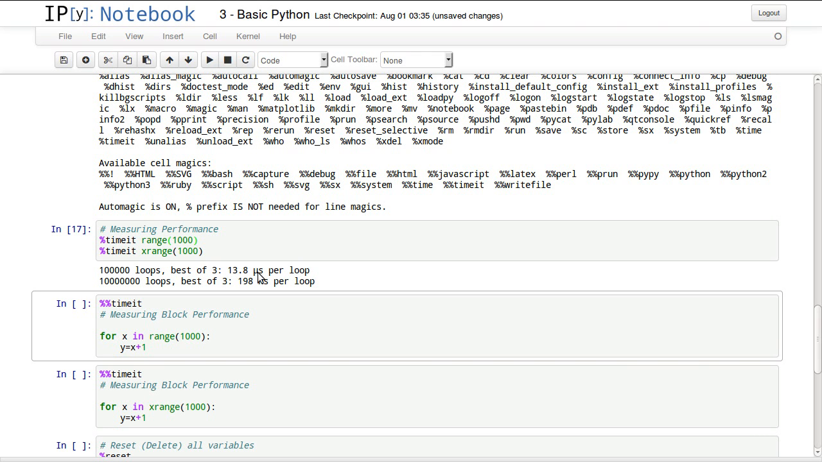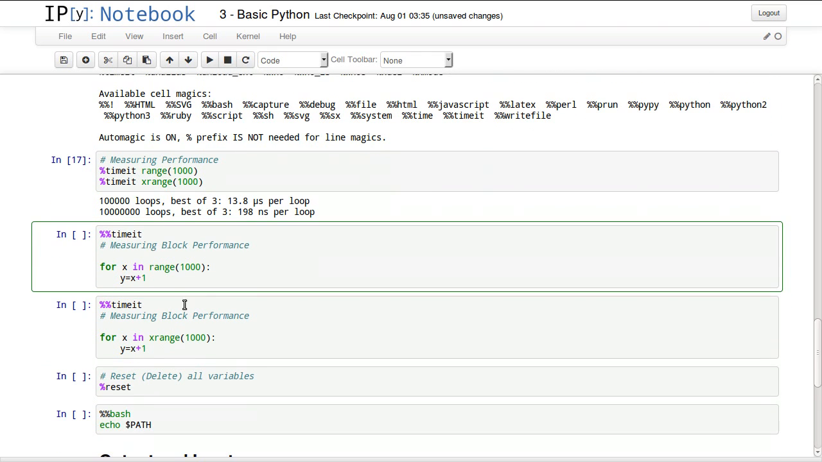100,000 loops. Best of 3 is 13.8 microseconds for the first one. And for the second one, it did it in 198 nanoseconds. So this is much faster than this. We can time